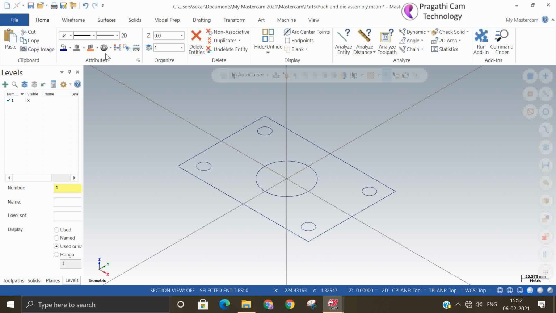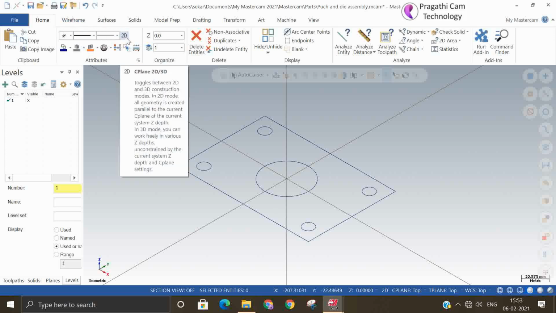Next, we are going to see the attributes. These attributes are about the properties of the entities. So, with what properties do you want to make the entities? Line type, thickness, how you want this point to look. All these things you can modify here.